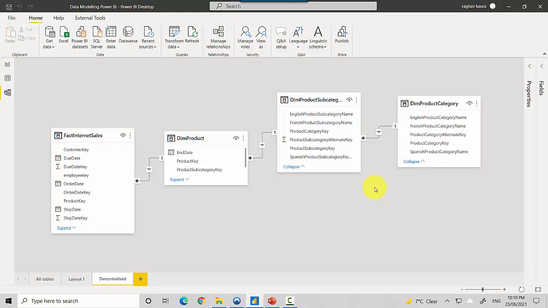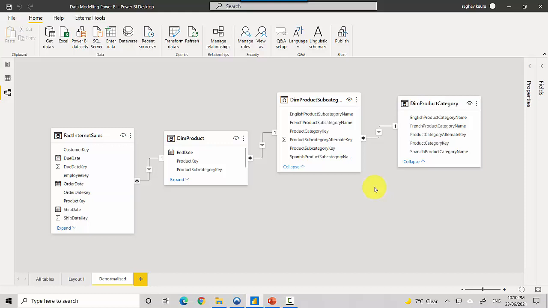So we've essentially normalized the whole schema. So how would you denormalize it? We could denormalize the schema by bringing product subcategory and product category in as attributes of the dim product. Then we would just have one table, the dim product table, with product subcategory as a column, and similarly product category as a column in the dim product table. And you could do it in the backend either using M, or you could write the SQL. So you've denormalized the table there.